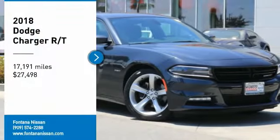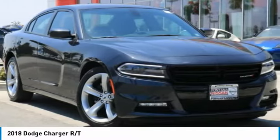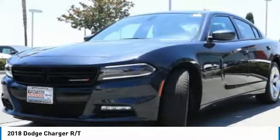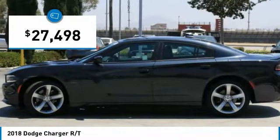Stop by and take a look at the 2018 Charger. Inject some versatility, comfort, and sophistication into your muscle. The Charger is a powerful sedan that excites at every turn. Peace of mind comes standard with Charger's 5-star government front and side impact crash test rating and is priced below